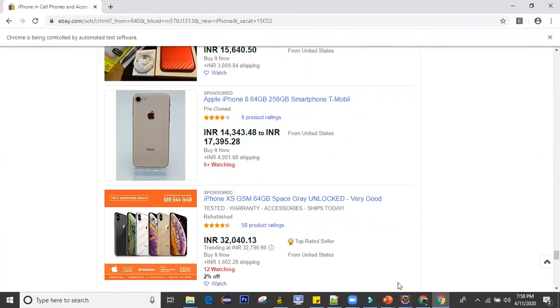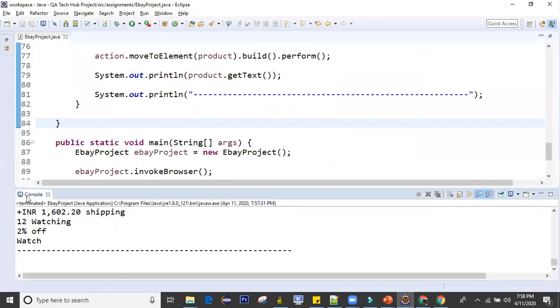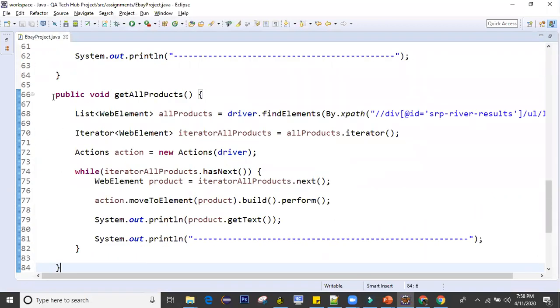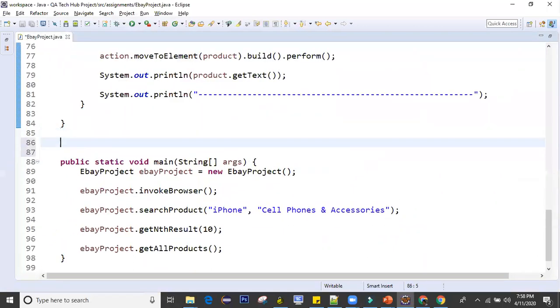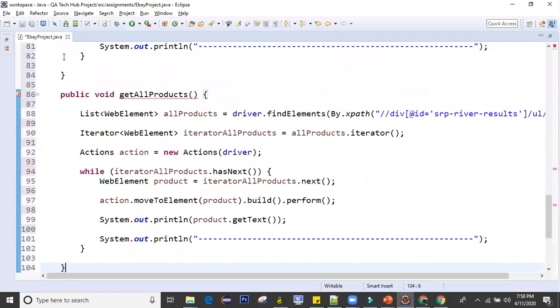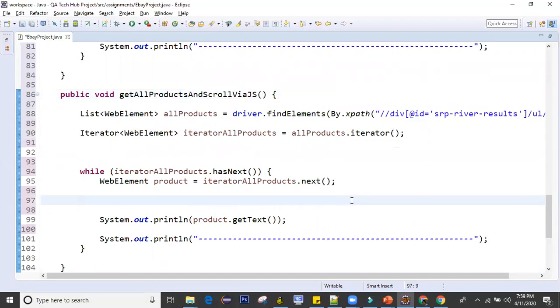Okay. Now, in the next section, we're going to perform this scroll operation using JavaScript. So what I'll do is copy this whole method once again, and we'll say get all products via JS, or I can say get all products and scroll via JS. I'm just mentioning that it scrolls using JS. To perform any JavaScript, what you have to do is,